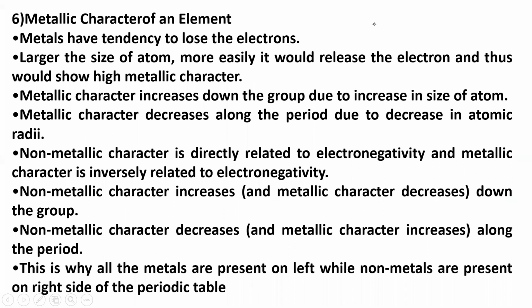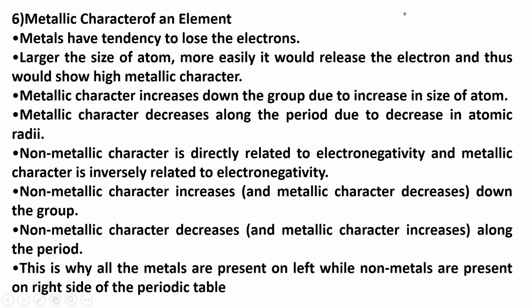Next, metallic character of an element. So what are the metallic characters we have in the periods and groups, or how does the metallic character change? That is the sixth periodic property, the metallic character of an element. Metals have the tendency to lose electrons. Already we know metals contain free electrons, so they have the tendency to lose those electrons by giving some ionization energy. So the larger the size of the atom, the more easily it would release the electron